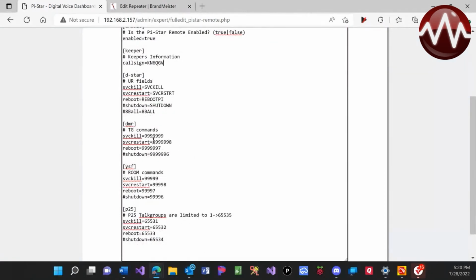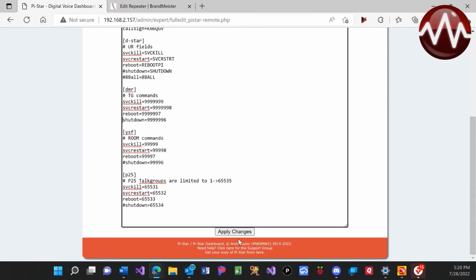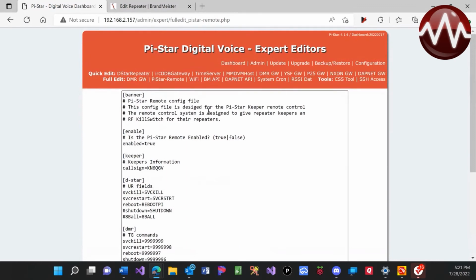And we're going to come down to DMR where it says shutdown. And we're going to remove the hashtag or the pound sign or the number sign, whatever you want to call it. We're going to remove that from in front of shutdown. And we're going to apply the changes. That's a quick apply. Then we're going to come over to BM API for